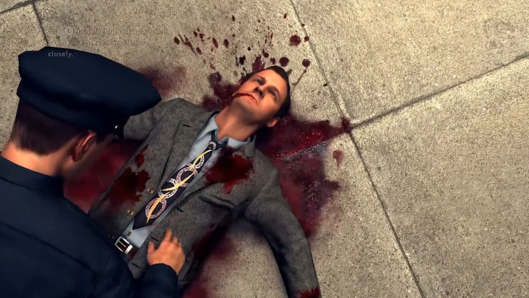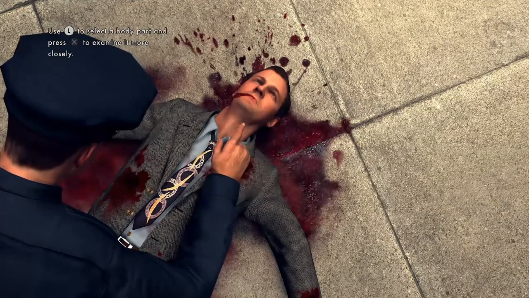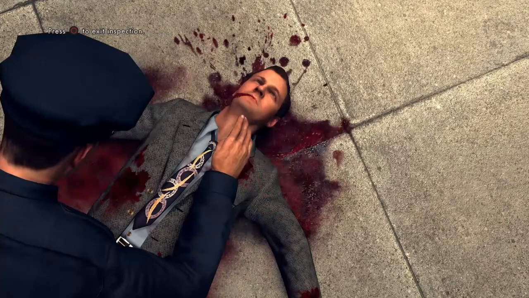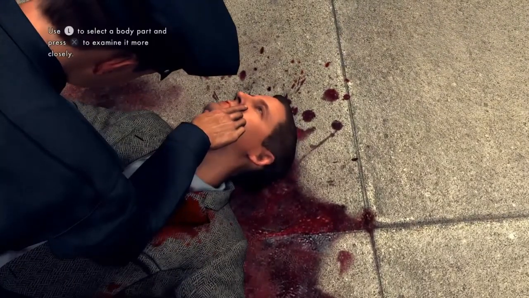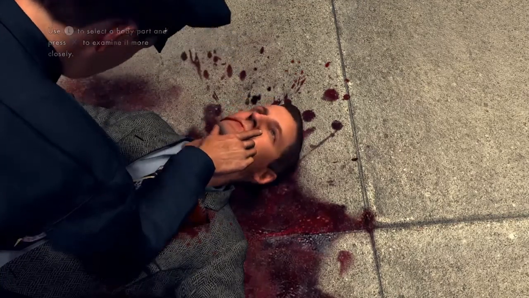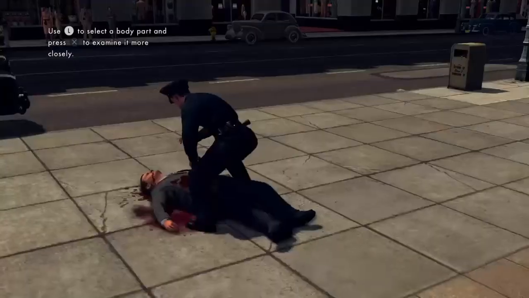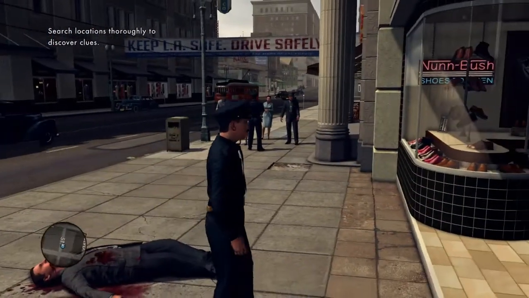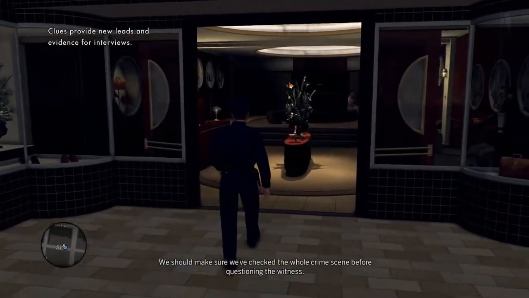If you also want to examine other parts of the body, say for example the face, all you've got to do is click on the left, and click the X to examine it more closely. Okay, nothing there to see. What we need to do next is go inside here, and there's going to be a lady coming in,